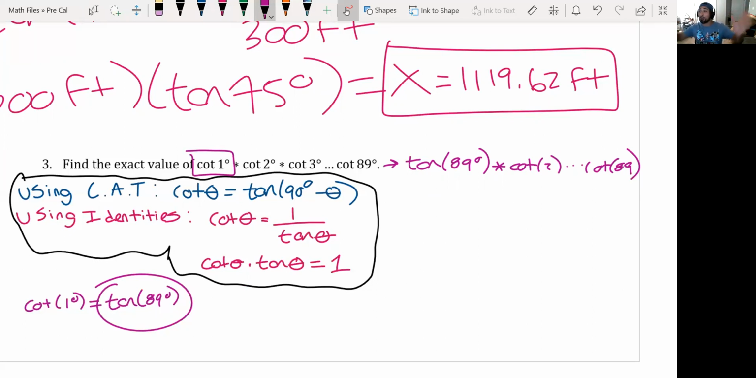Since they're all connected by multiplication, you probably see what's going on now. This tangent of 89 and that cotangent of 89 will cancel and become 1. So tangent of 89, cotangent of 89, cancel. Tangent of 88, cotangent of 88, cancel. 87, 86, 85, all the way till you get to the middle term, because everything is going to cancel, and you will be left with